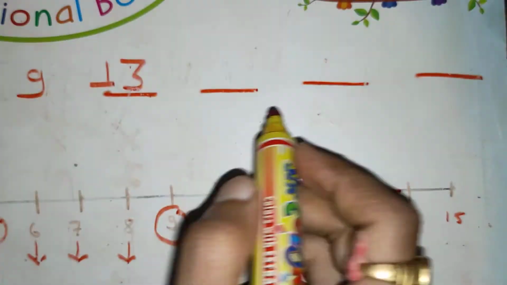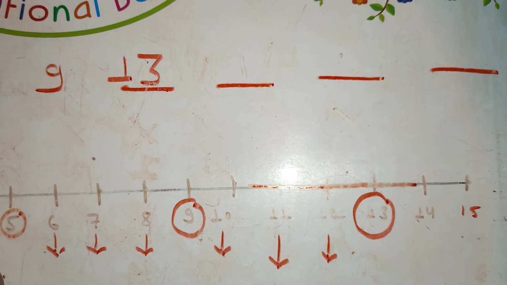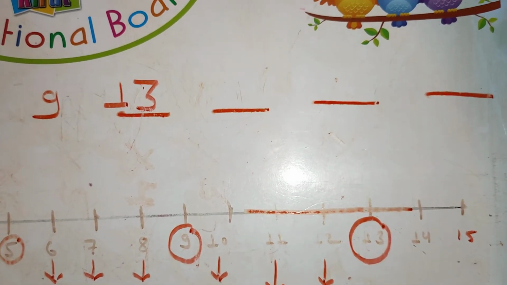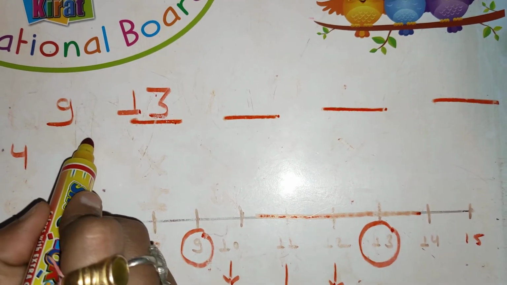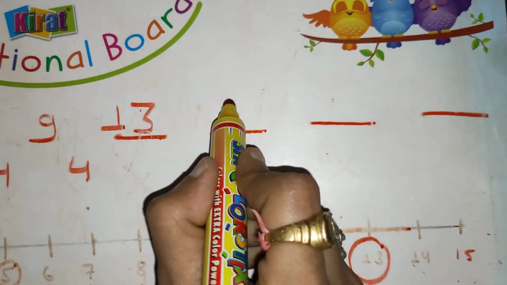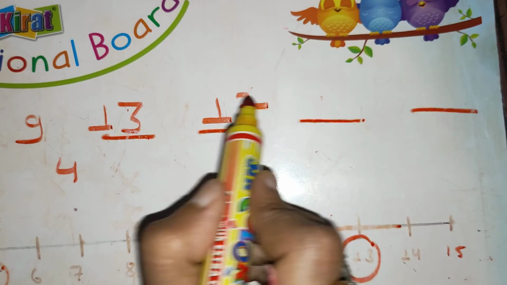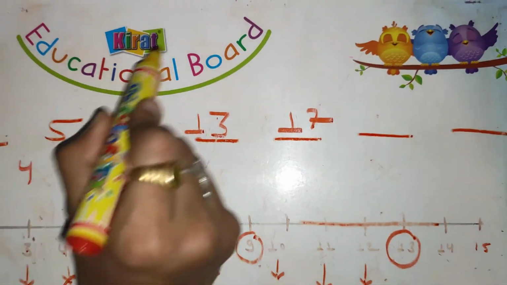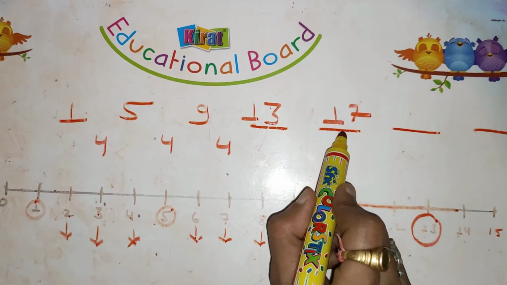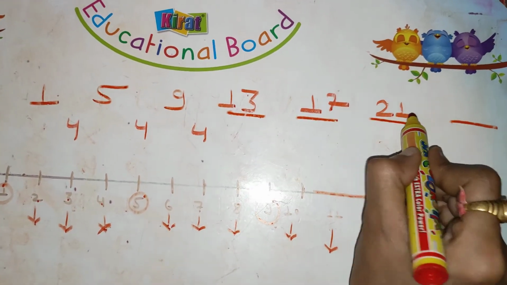Like that if you are continuing, to 13 you just add the 4, and you can see the difference between these terms also. 5 minus 1 will be what? 4. 9 minus 5, 4. 13 minus 9, 4. So here also the next number would be what? 17. You can see 1 plus 4, 5, 5 plus 4, 9, 9 plus 4, 13, 13 plus 4, 17, 17 plus 4, 21, like that.